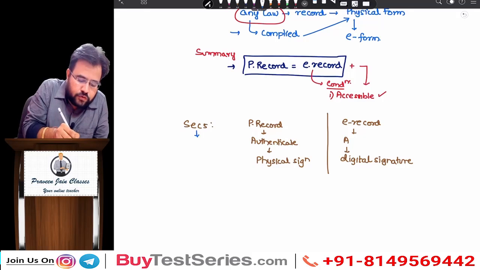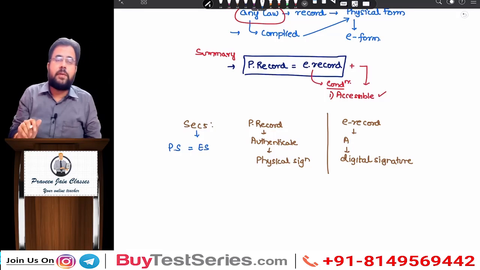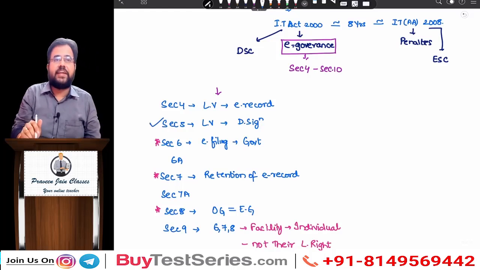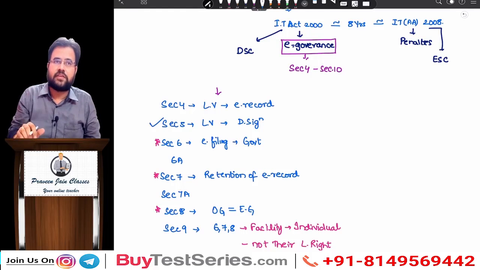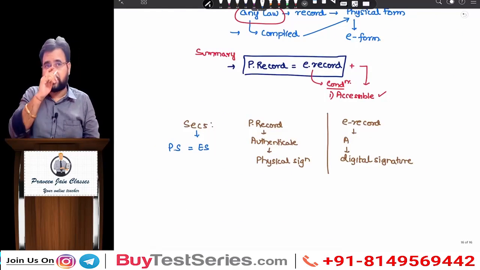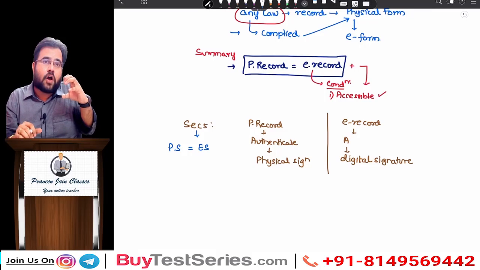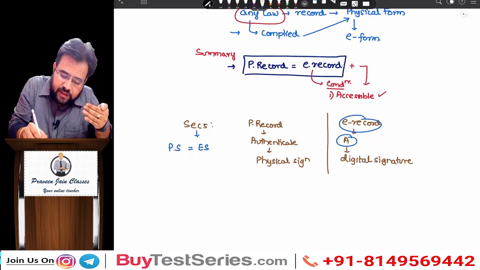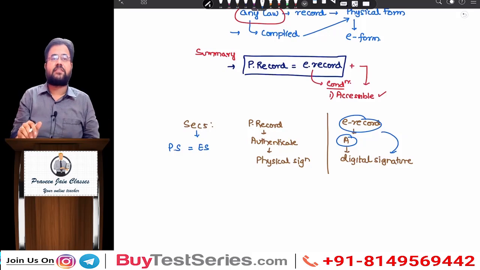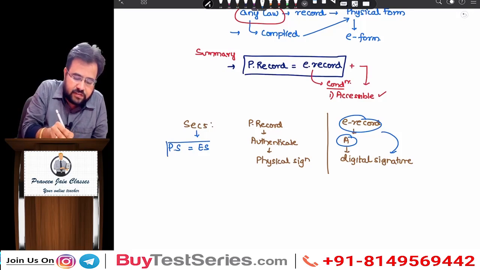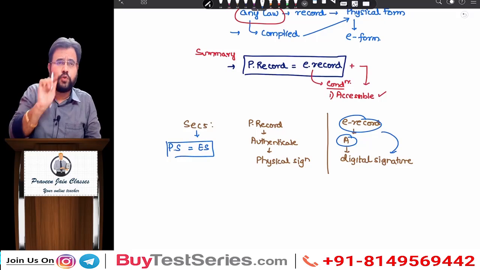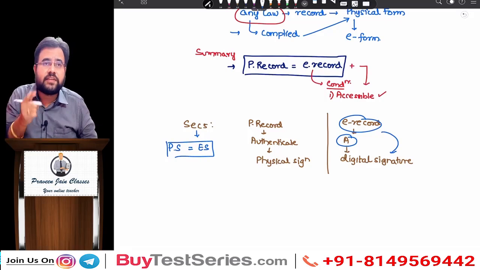The importance you give to a physical signature, now we will give the same importance to an electronic signature. That's the reason I said legal validity to digital or electronic signature, sir. So this is your section number 5. In short, sir, on those electronic records you can now authenticate with the help of a digital signature. So in other words, this section is giving equal priority to your physical signature and digital signature.